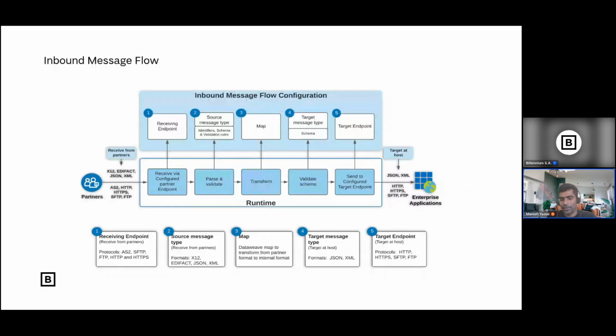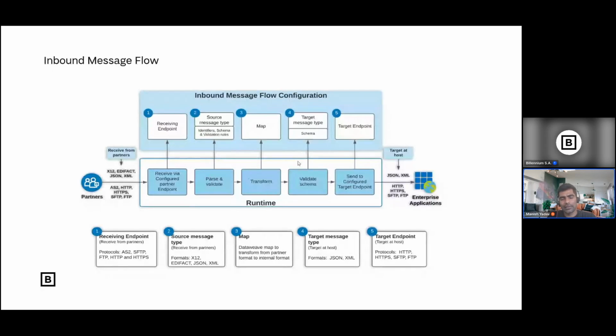What is the receiving endpoint in APM? Yes, it's an API endpoint, correct. The receiving endpoint is nothing but an API endpoint. If you agree with the partner to accept the order in JSON format, you give the endpoint over the HTTPS protocol. So you have to tell Partner Manager how the order can be accepted: over HTTPS, HTTP, X12, or AS2 protocol. Then it will automatically create a receive endpoint for you, and you share that receive endpoint with the partner. That is called the receiving endpoint.